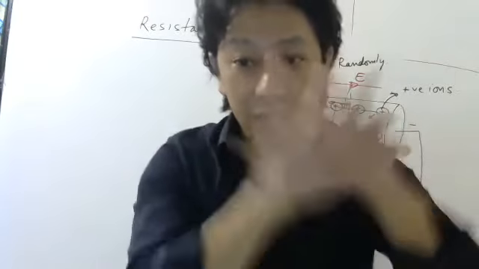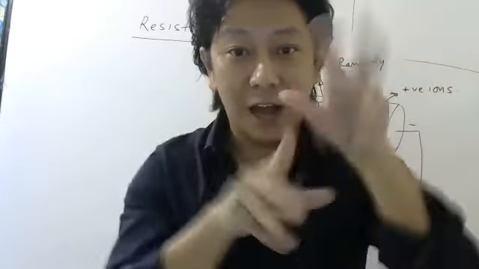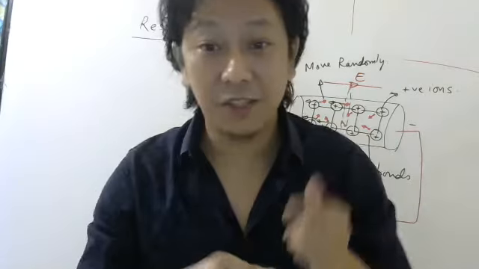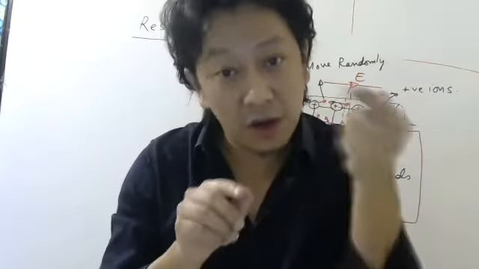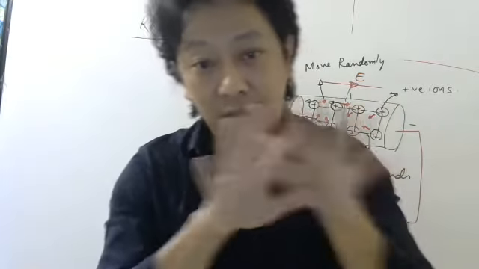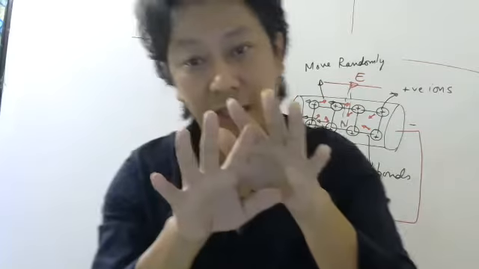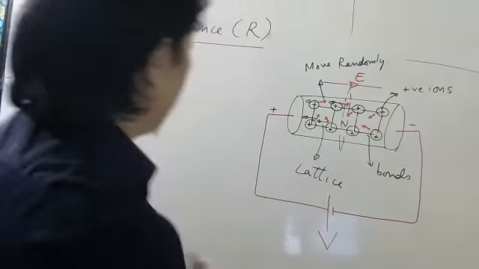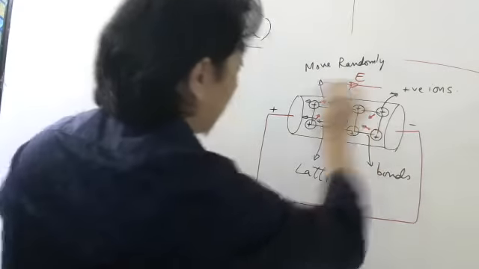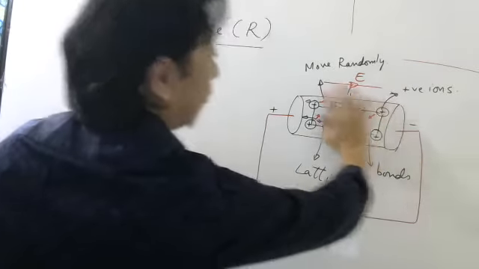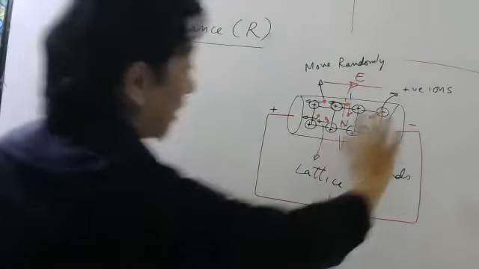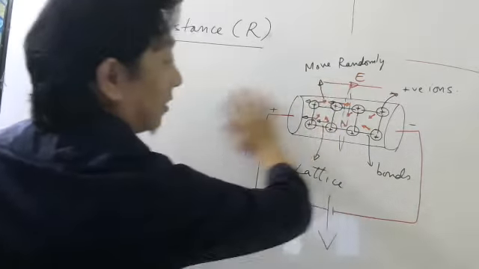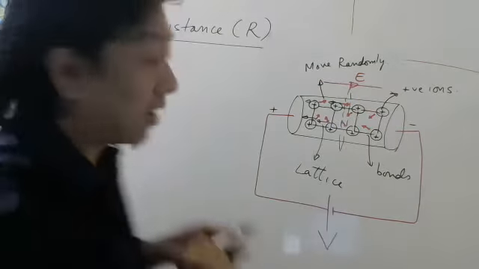They keep colliding. However, because of this electrostatic force, they feel a constant force this side. So they go this side, they collide, maybe then again they go this side, collide, again they go this side. So there is a slow drift. Now, if I imagine this cross section, I will see a net flow of charge this side. And since it is negative charge, I know there will be current this side.